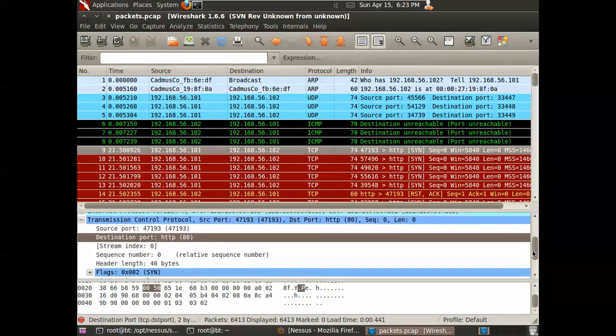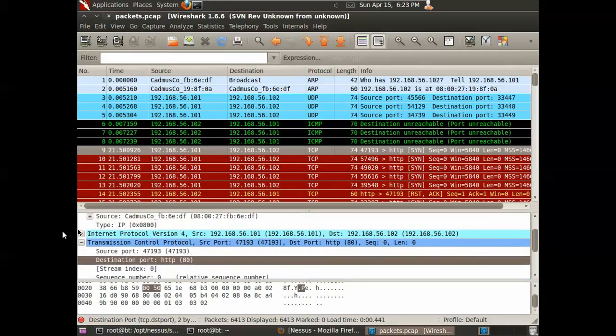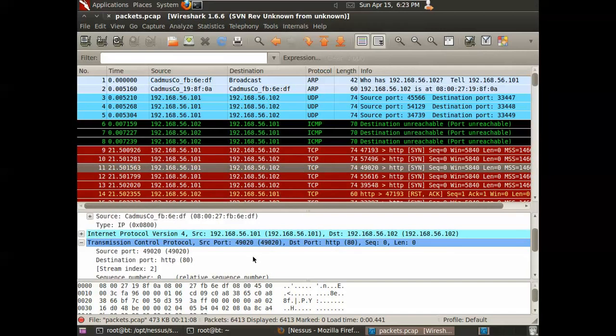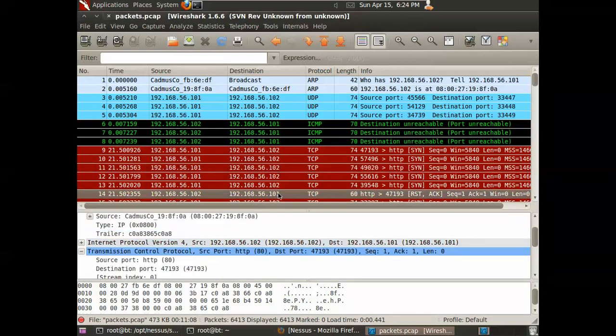So this TCP packet here was the first one that we sent, and then it was followed up by a second one, and then followed up again by a third one. And the traceroute tool tends to repeat this pattern where it sends 3 packets back to back to back in an attempt to try to fingerprint the machine. Now eventually 102 sent back a packet back to us over TCP, and we can see right here that there's that reset